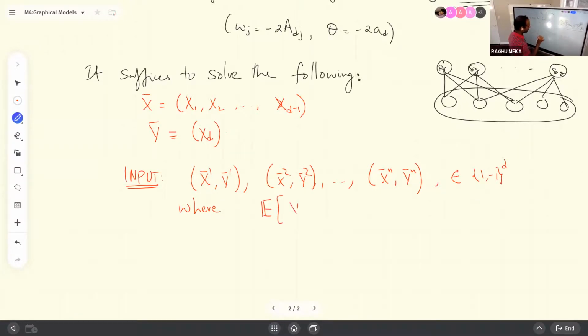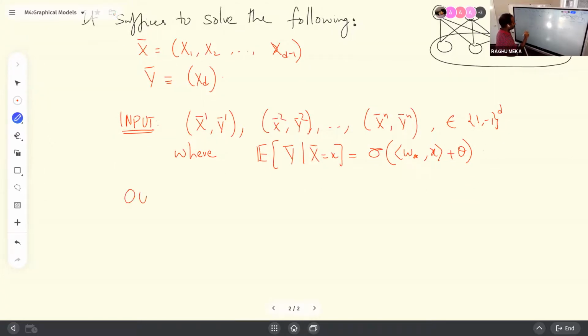The conditional distribution is exactly sigmoid of some w star comma x plus theta. And the goal,